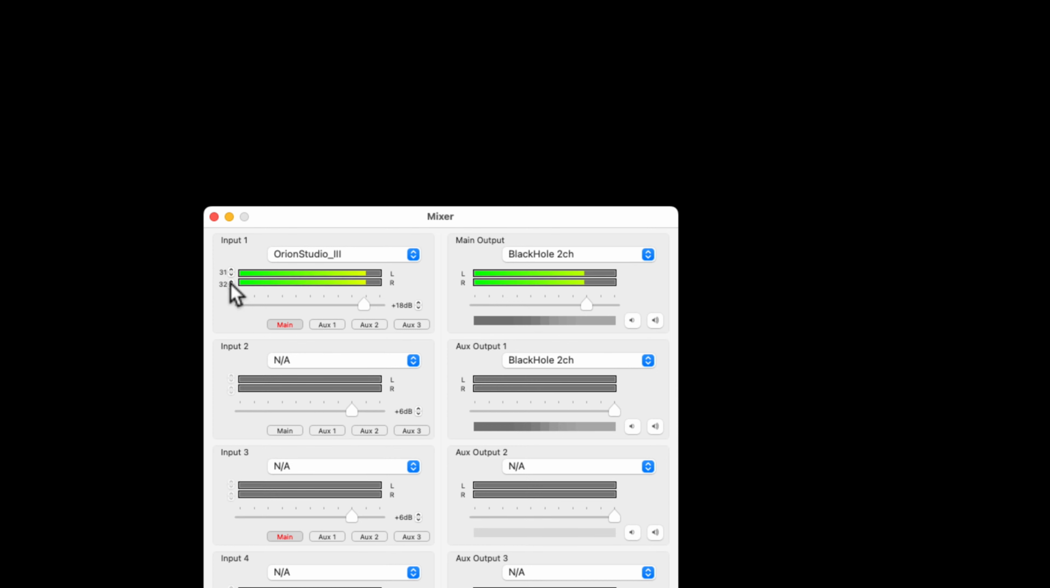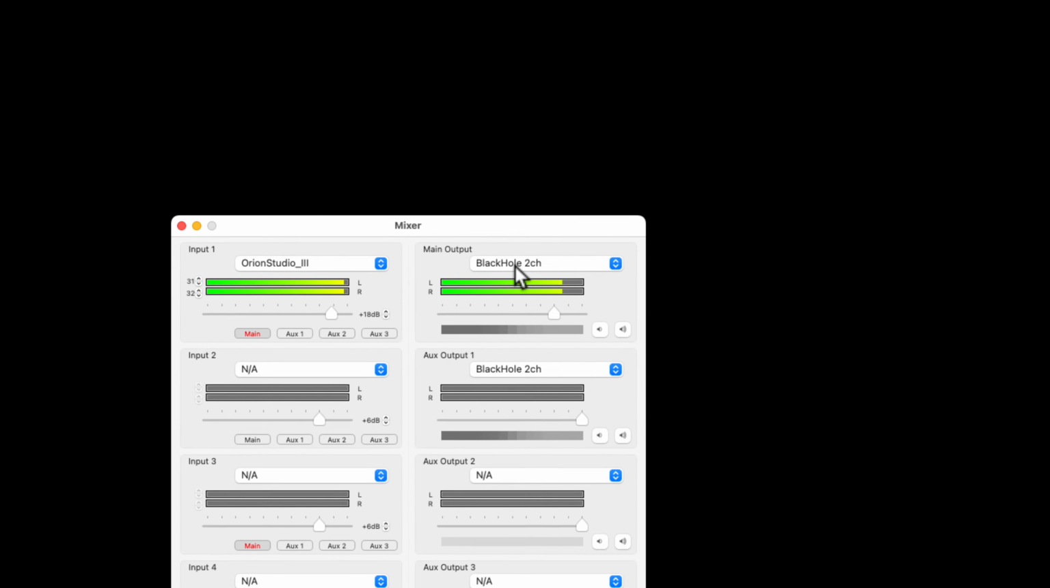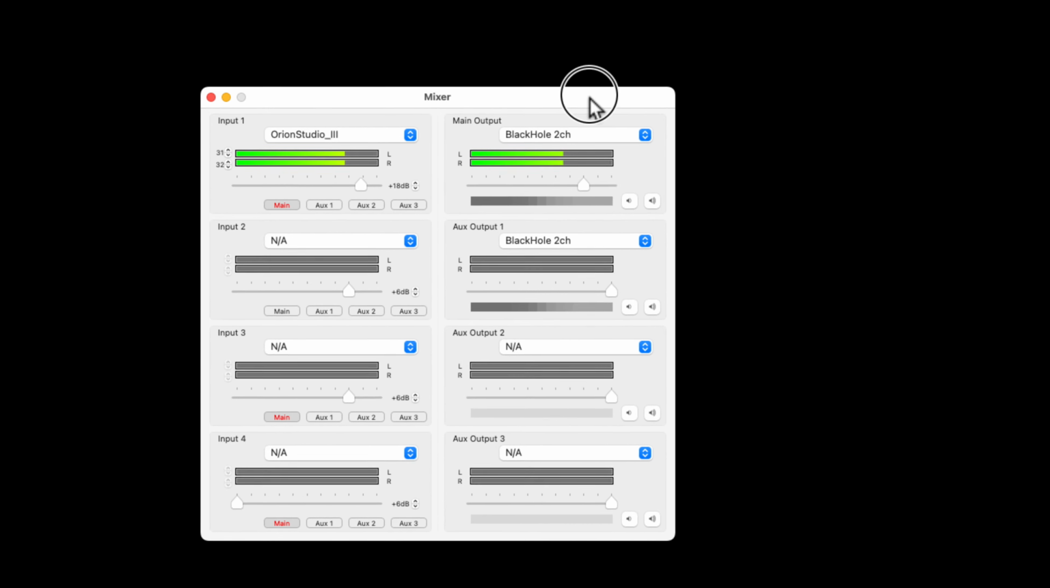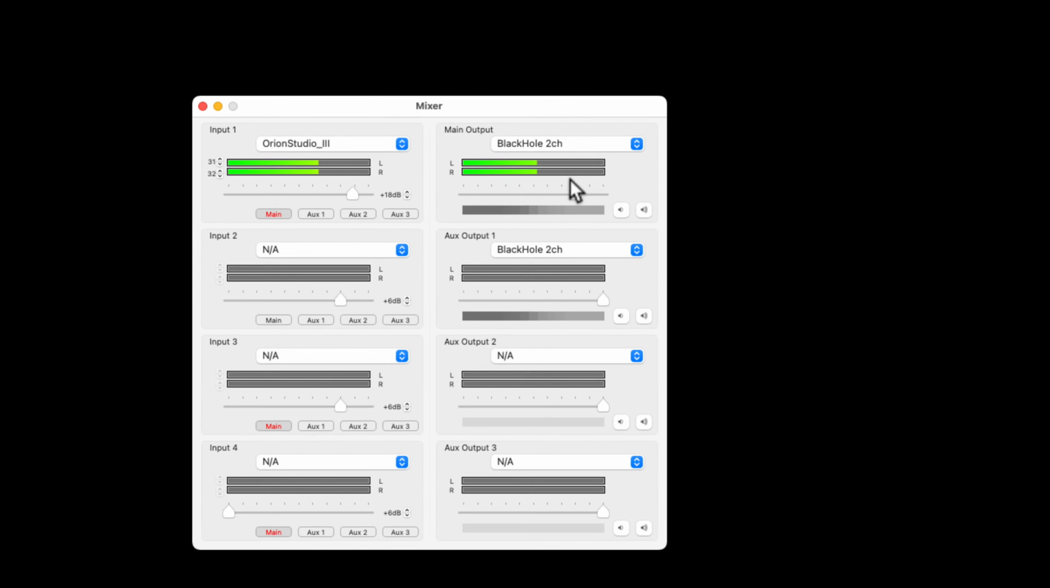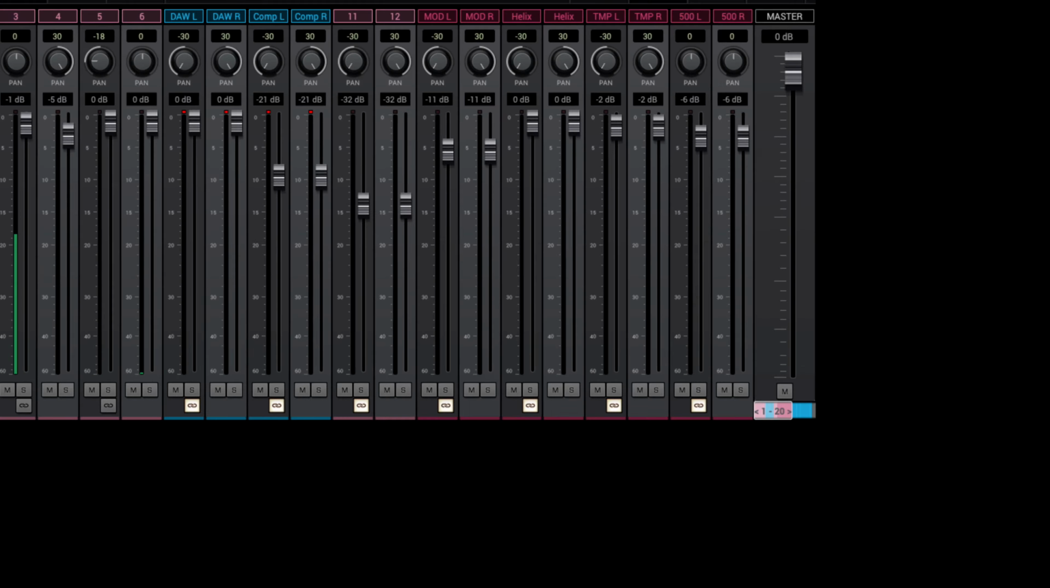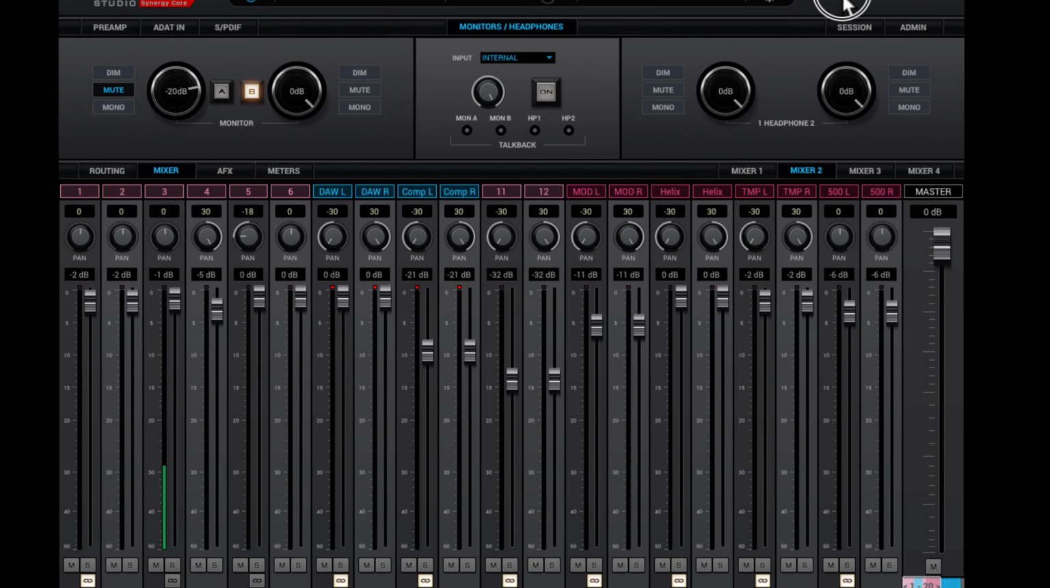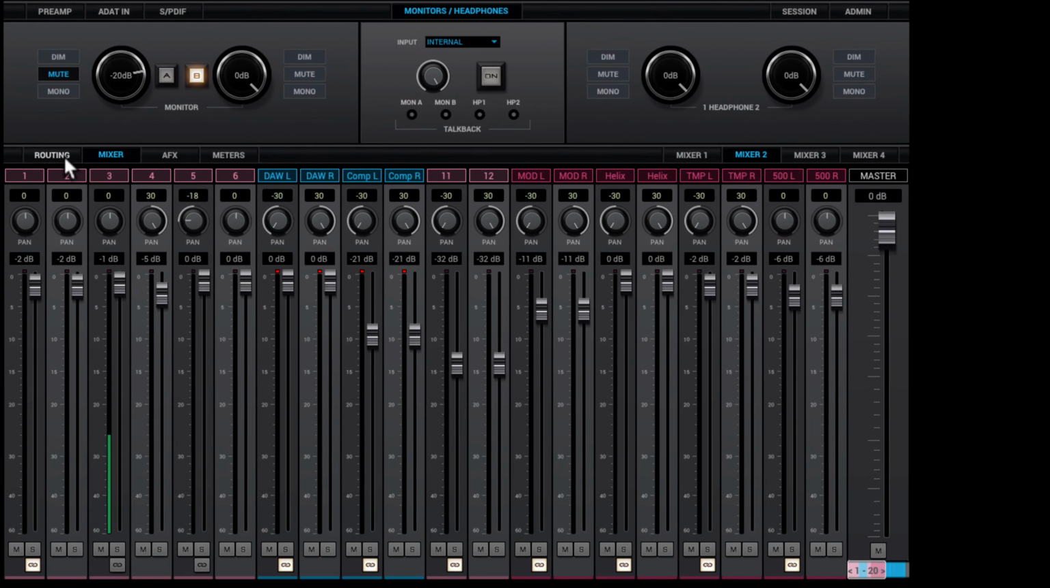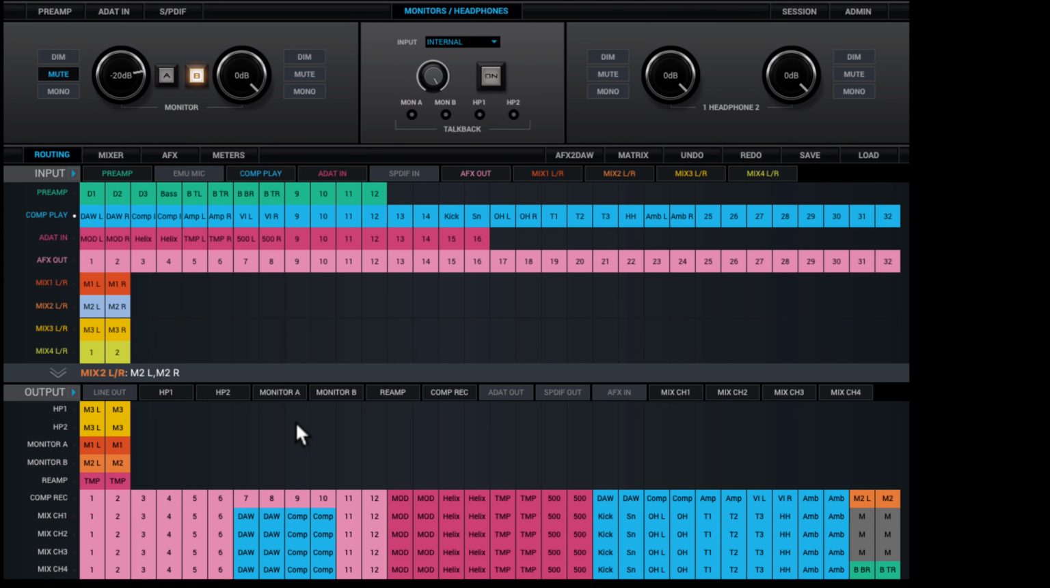Okay, just in case any of this is interesting at all to anybody else. The Black Hole software is an extra thing that you have to download, and it just kind of runs in the background. But what that does on a Mac is it allows you to essentially have different outputs going different places and whatnot. And then back on the Orion Studio screen, which you can see here, in the routing tab,